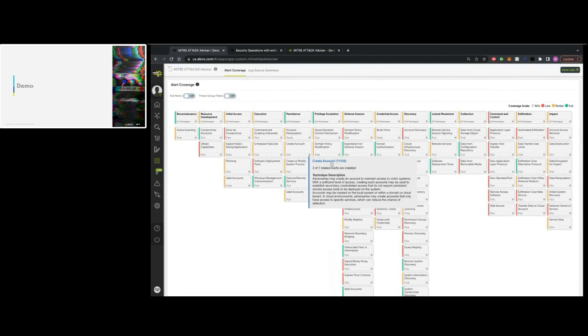And if you click on this, this will actually bring you out to the MITRE website, so you can get the full context of that technique if you needed to, or if you didn't understand what it's looking for as you're trying to make adjustments in your SIEM. As you can see across the top, we've got the different tactics here as well, and we've got a coverage scale. And the way that this coverage scale works is, if there's no content in the system, then we're just,